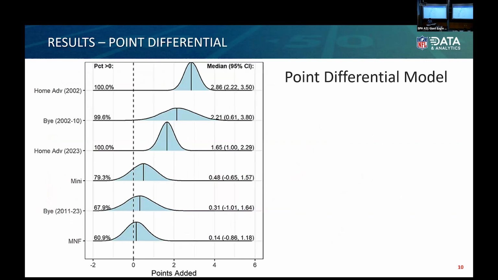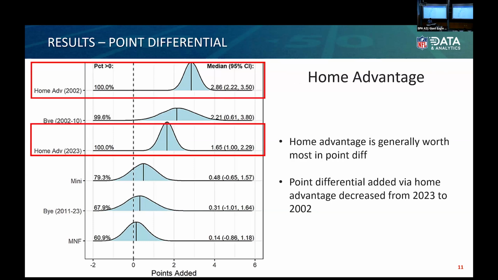All right, so let's get into the rest results. This is a graph that shows density plots of all the results. I'm going to walk you through it slowly because there's a lot here. First, I'm going to start out with the results on home advantage. And as a reminder, this is all point differential for this first part. I'm going to go into point spread later. So the way you read this graph is it's a density chart. And unlike, let's say, a linear regression, these Bayesian state space models produce a multitude of estimates for each value.